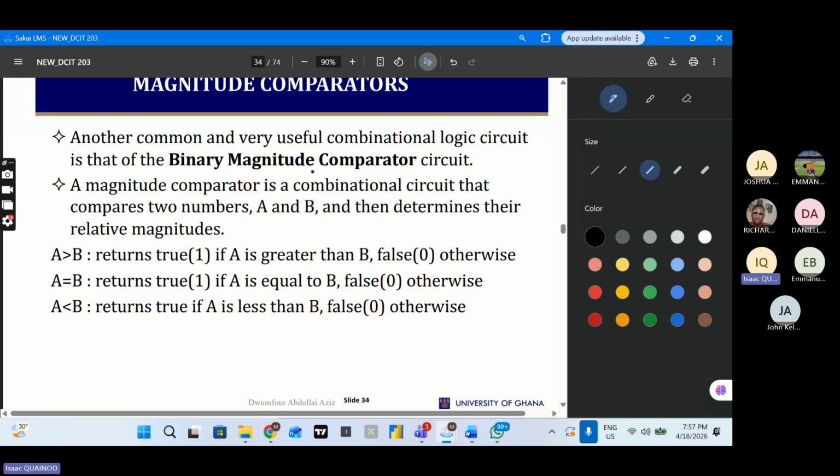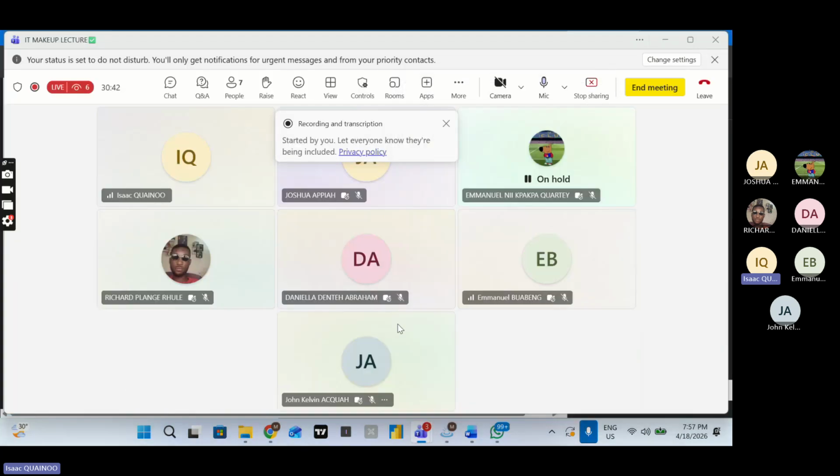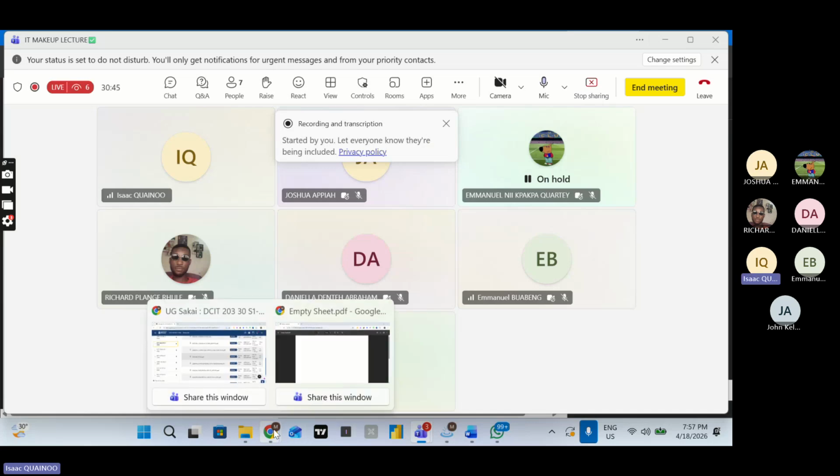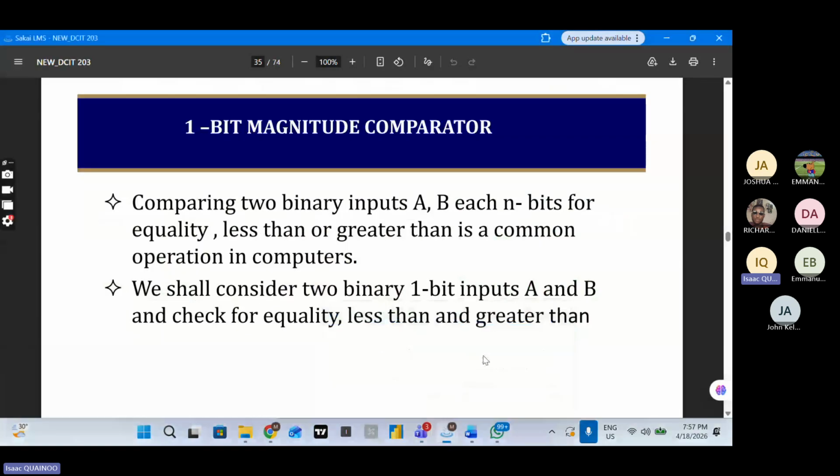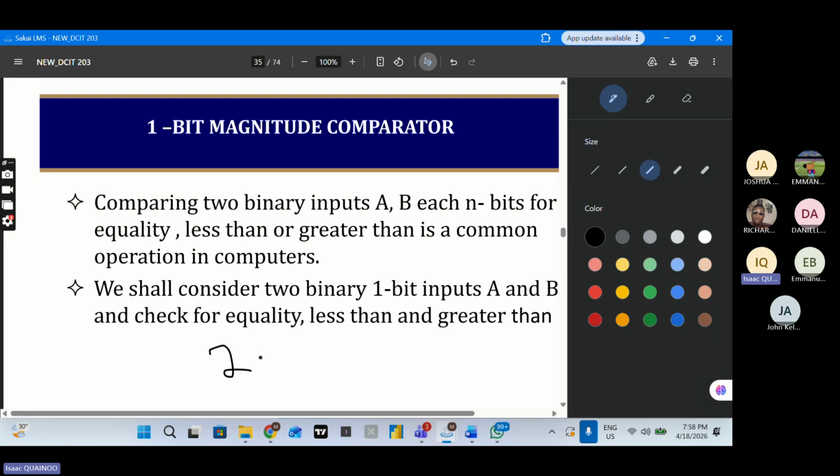All right, so a comparator. When you are talking about comparators, as the name suggests, comparators are just used to compare numbers, or we use this to perform comparison operations. That is what we use our comparators for. So let's say, assuming we have n number of bits, let's say our n is 2. So assuming we have a binary operation with 2 bits,